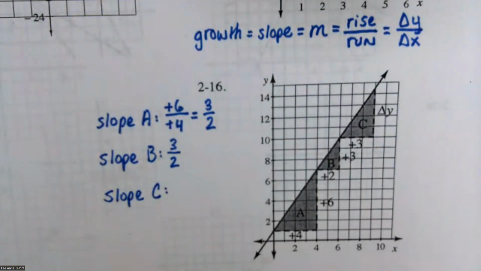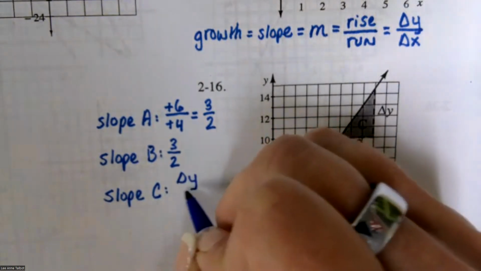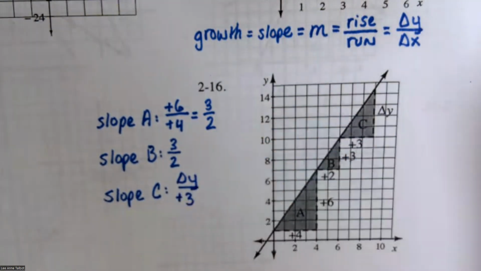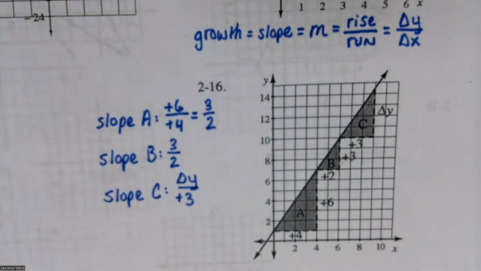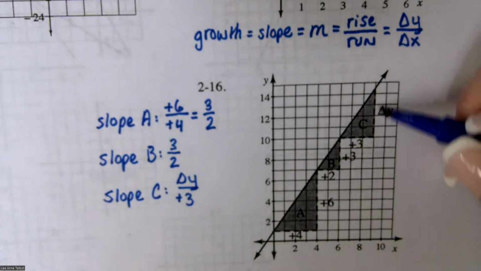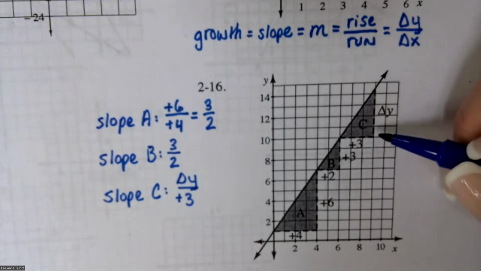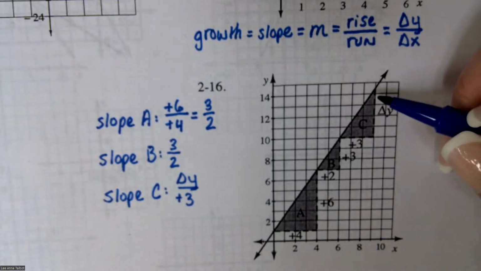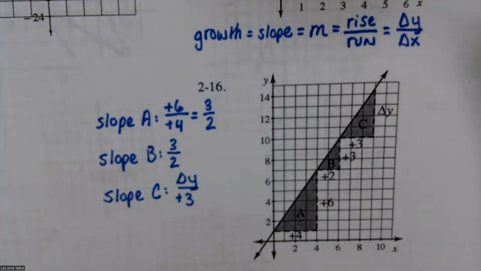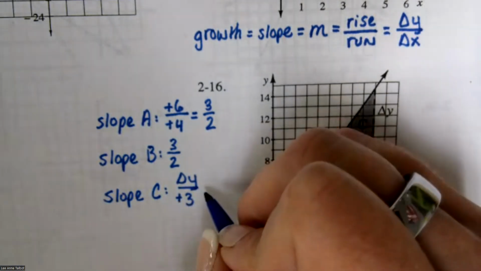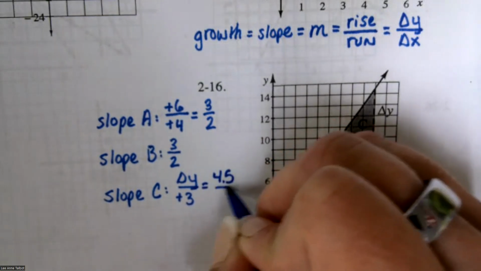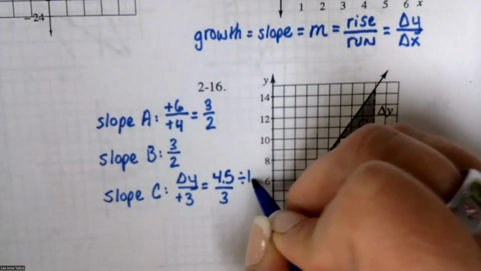Okay, now the last one is a puzzle. What would the top have to be in order to reduce with the 3 and get 3 over 2? Okay, you can kind of cheat by looking at this. How long is this? 4-ish. 4 what-ish? Yes. And if you divide both of these by 1.5,